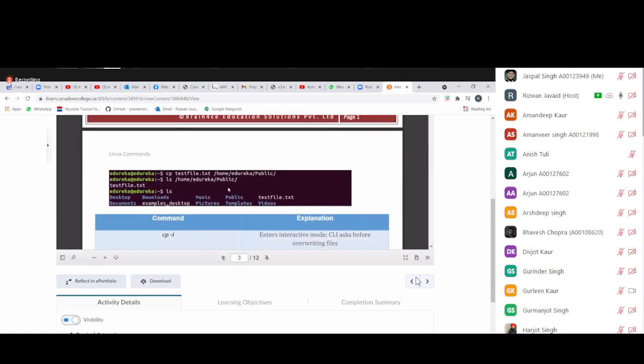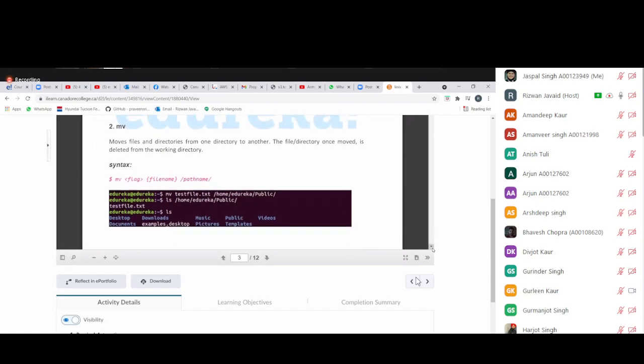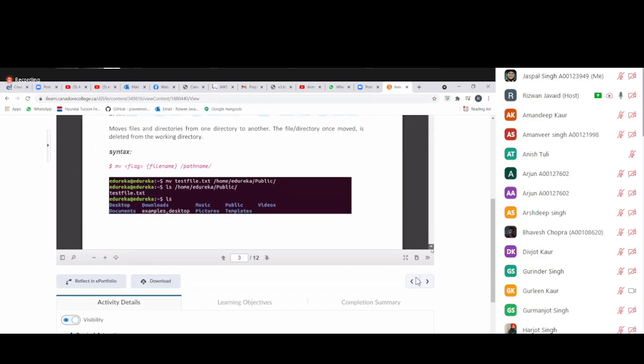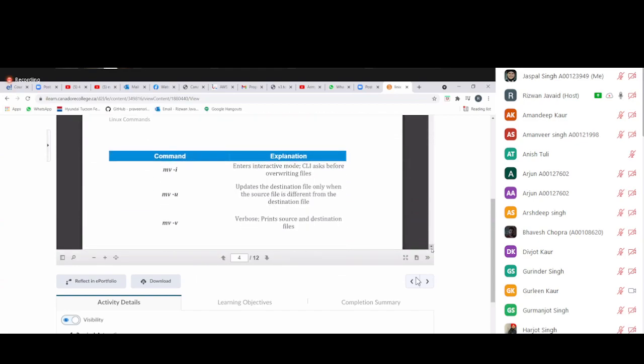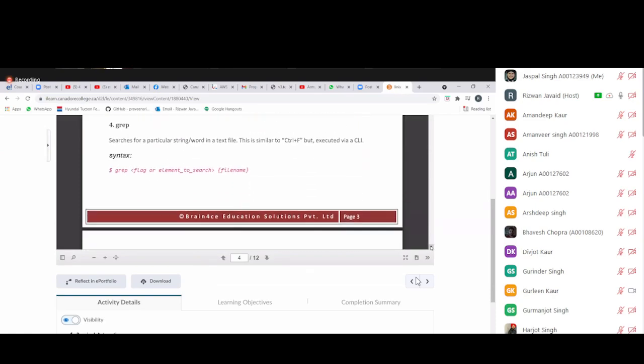This is the file name, this is the source, and this is the destination where I want to place this file. So you have to understand the copy command and the mv command. We also discussed the mv command today, and rm: how to remove a file and how to remove directories.